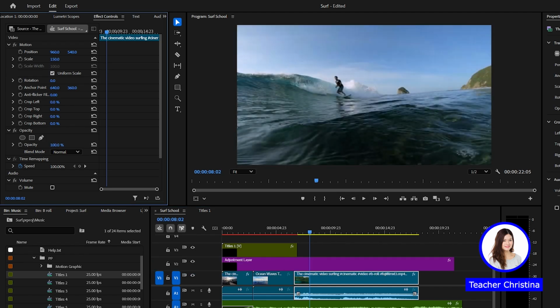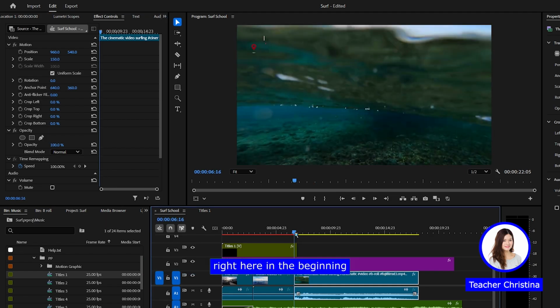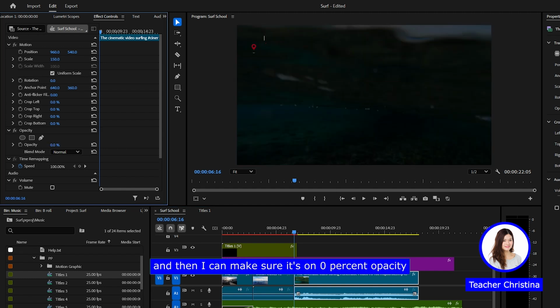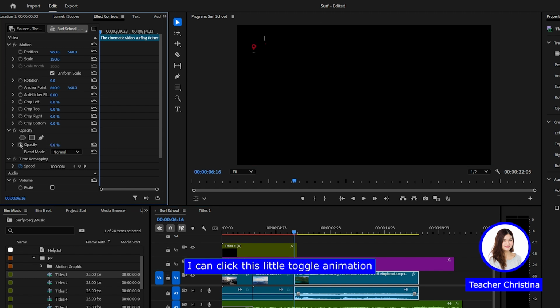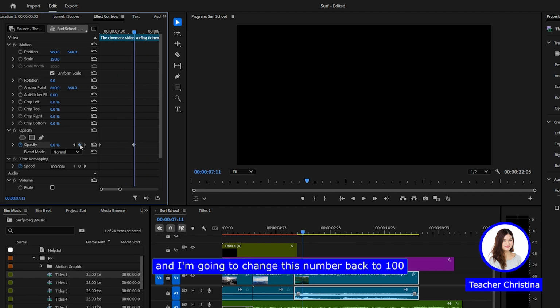As you can see. So for example, if I wanted to go from dark, right here in the beginning, to full brightness over, let's say, 2 seconds, I can go to the beginning of that clip, right? And then I can make sure it's on 0% opacity. I can click this little toggle animation button right here, and then now I'm going to go forward, whatever, 2 seconds to 6 seconds here on the timeline, and I'm going to change this number